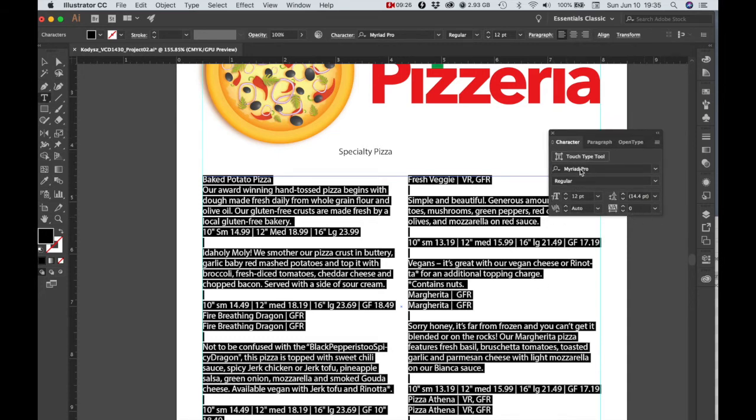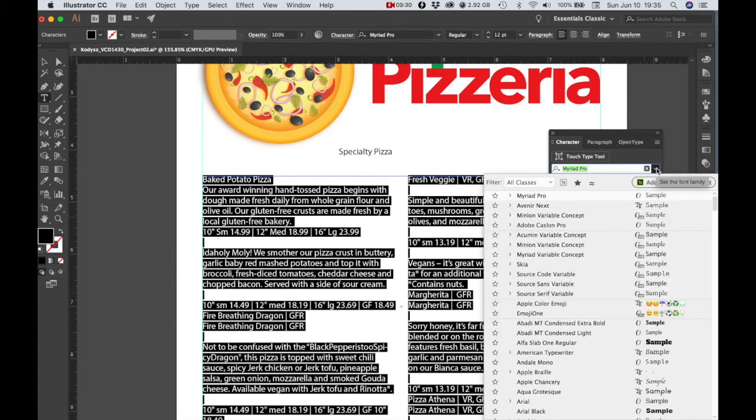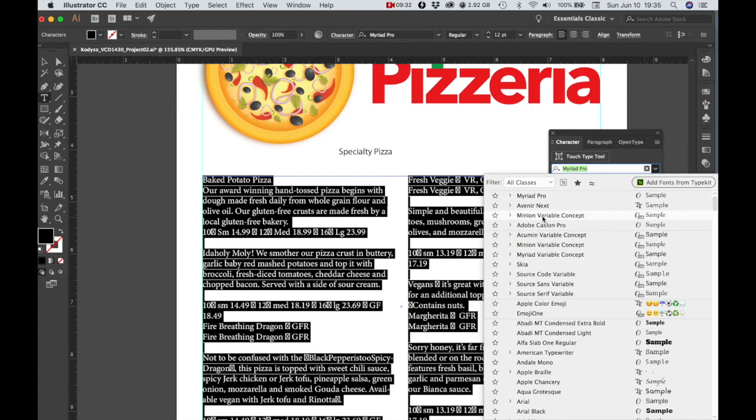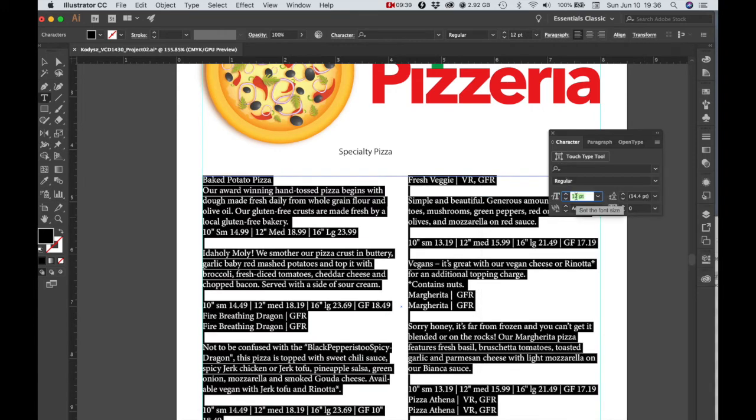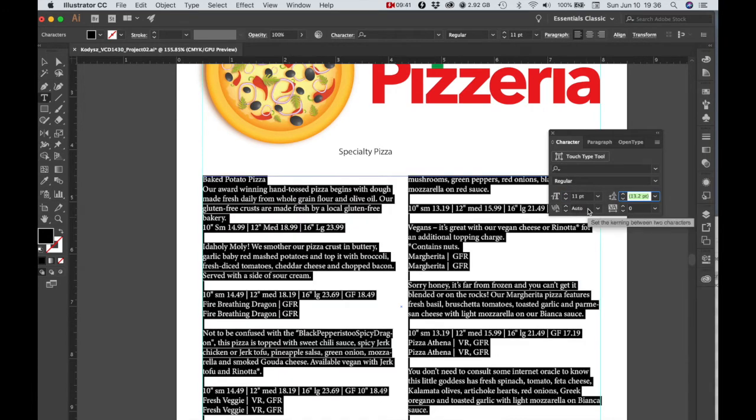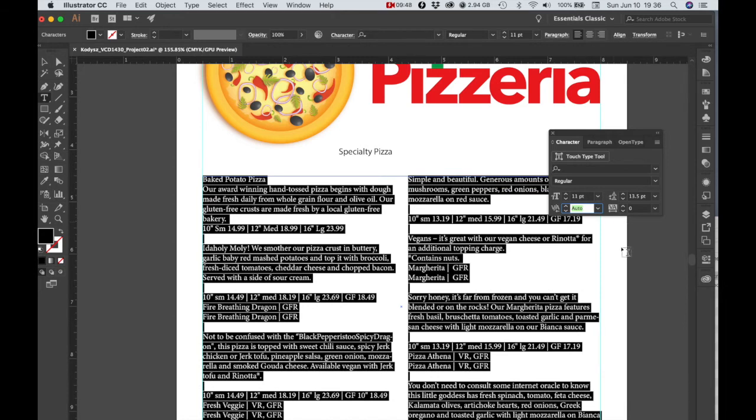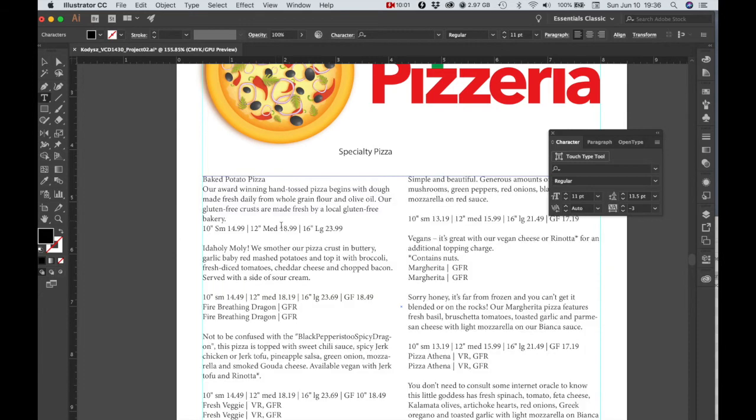So I'm going to look for Minion. We're going to use Minion. Let's make the leading 13.5. And I'm tracking up to a -3 just to tighten it up a little bit. All right. Format